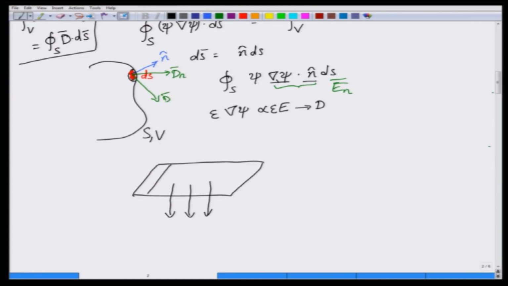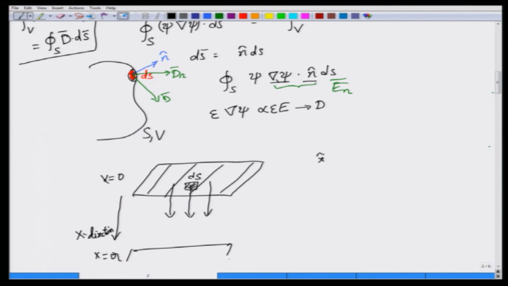So, if I consider this as my surface area, or a small area around this one as a surface area, and let us say I place the capacitor in x direction, that is the plates are separated at some x equal to a and x equal to 0. Sorry, I should place the top surface at x equal to 0 and the bottom surface at x equal to a. Since the direction of x I assumed was downwards, what is the normal to the top surface of the elemental area that I have considered? The normal is actually along x direction, correct. And what is gradient of psi?